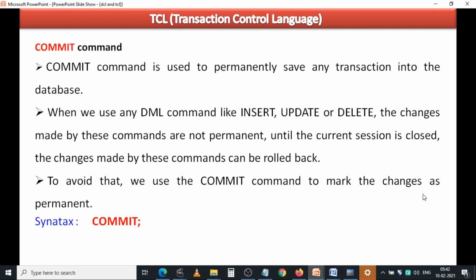So to avoid this, we apply the commit command to save the changes. Whatever changes you have done on the database tables are reflected to the database permanently. Coming to the syntax, just type the commit command at the SQL prompt: commit.